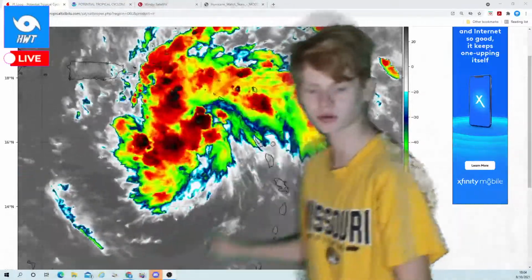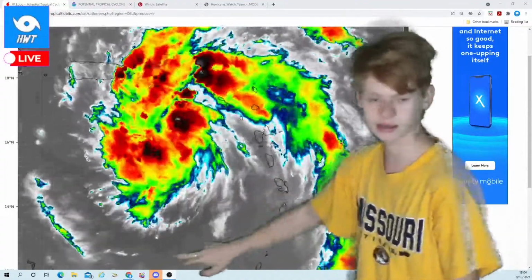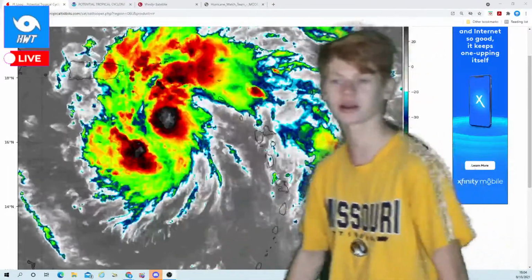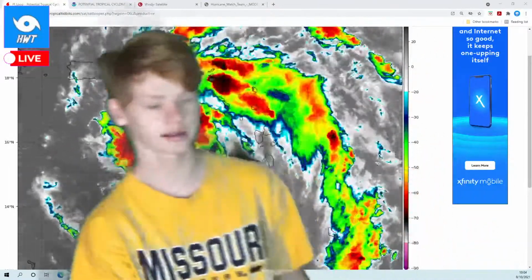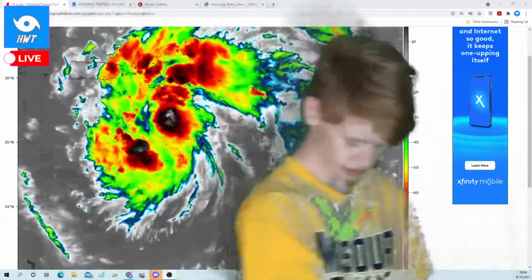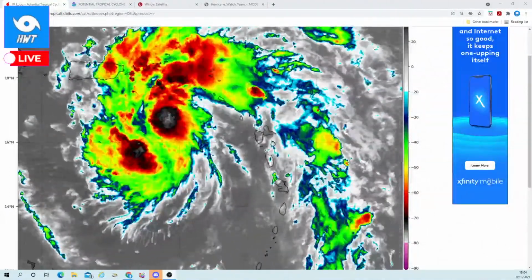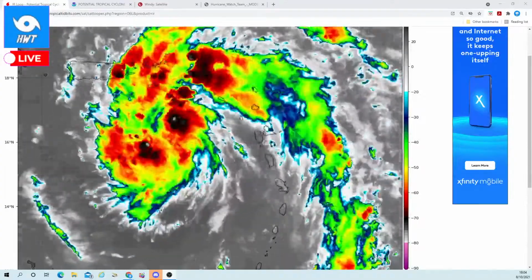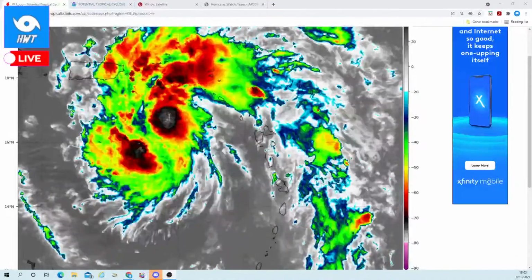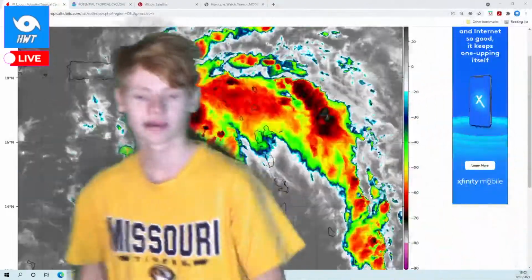Still continuing to produce disorganized showers, but we are getting some more thunderstorm clusters. You can kind of see here where that dry air is trying to come in and wrap around, but the storm is a bit more powerful and overtaking the dry air. So the dry air is not able to get in there and completely kill off the storm. So regardless, there's going to be an incredible amount of flooding and